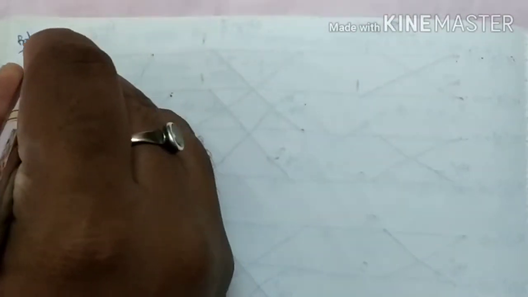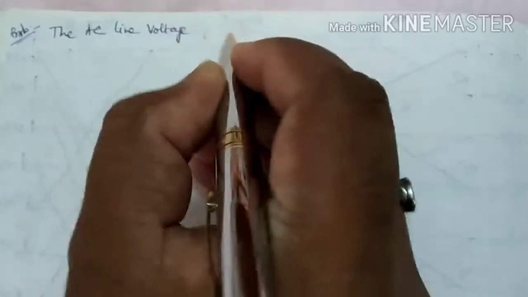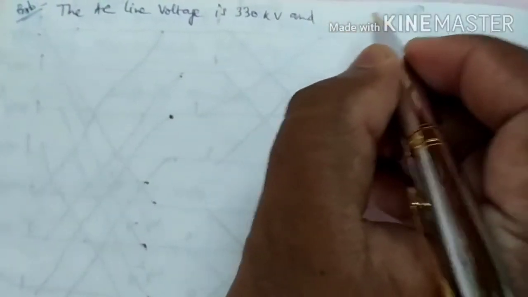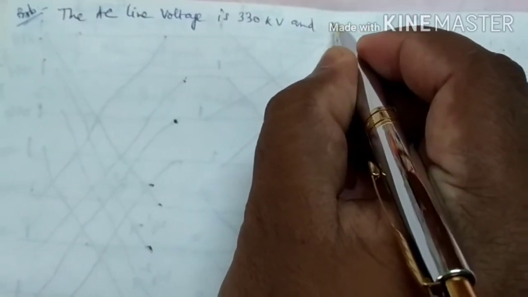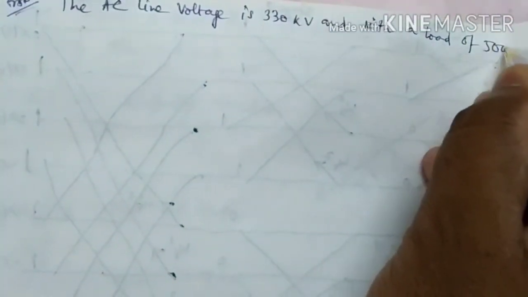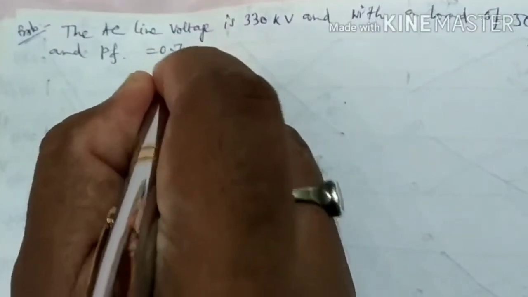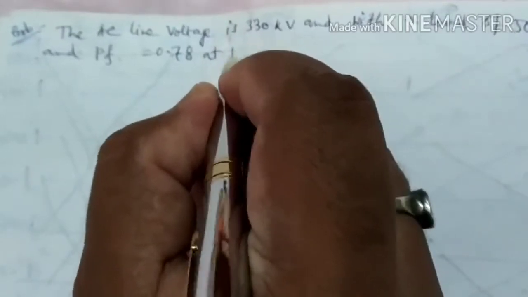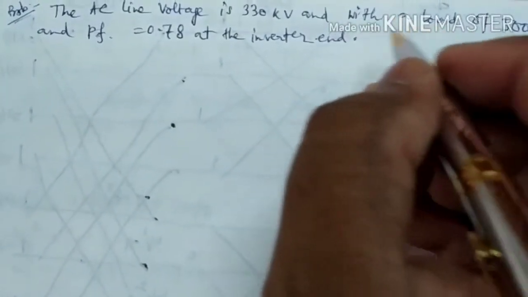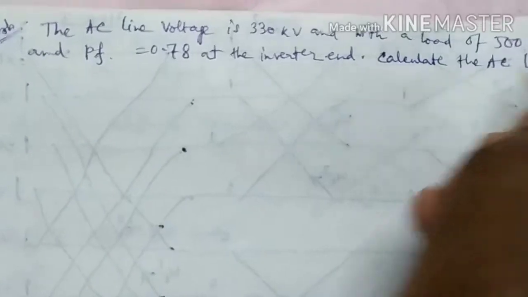The problem is that the AC line voltage is 330 kV, with a load of 500 megawatt and power factor 0.78 at the inverter end. Calculate the AC line voltage,